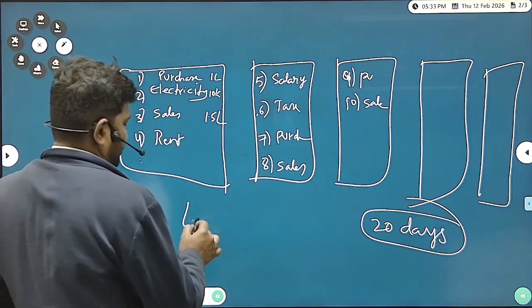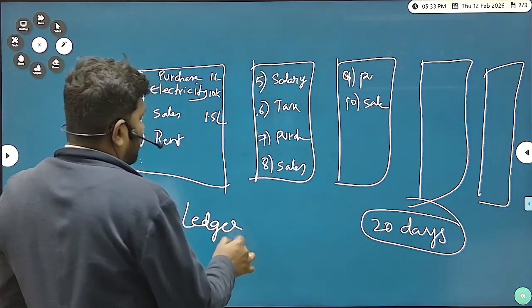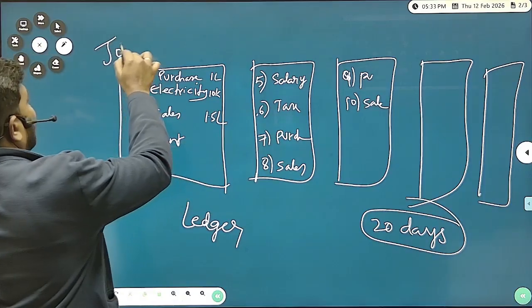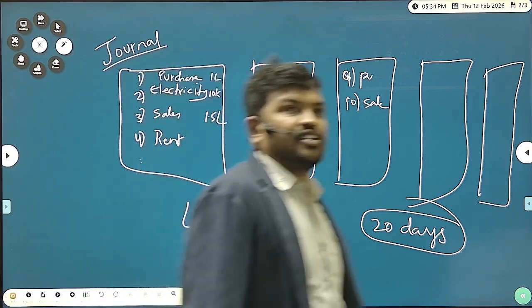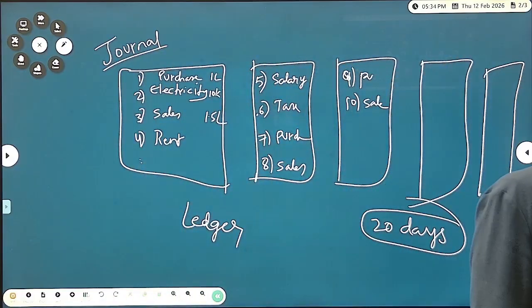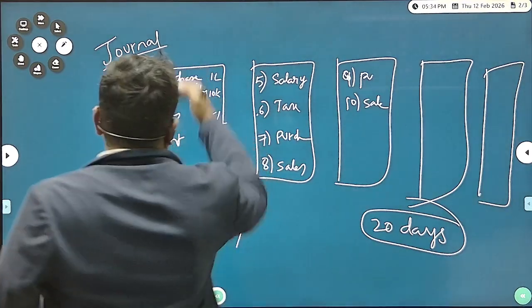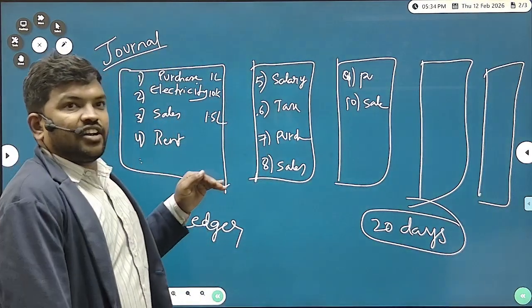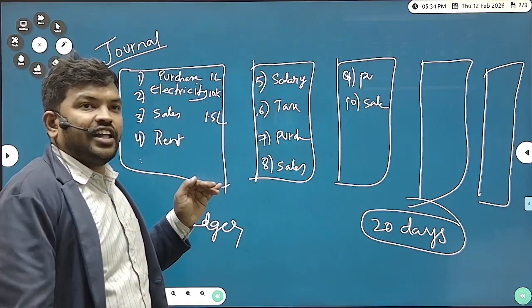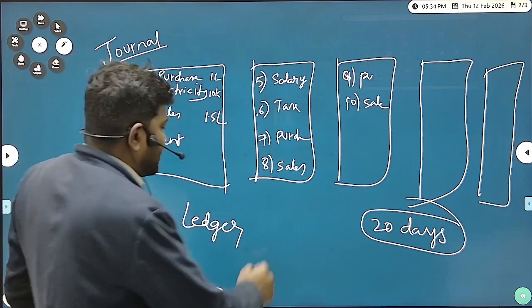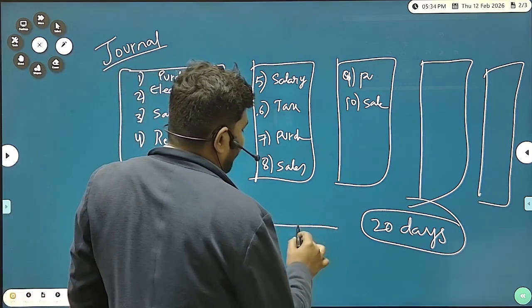What is this? This is journal. You are recording the transaction. Now we are coming to ledger. What is this? Second stage of accounting. What is this? Ledger. So what we will do in ledger is that at the end of the day you are recording the journal. Okay, you maintain another book which is called ledger. What happens in the ledger? You will open a separate account for each